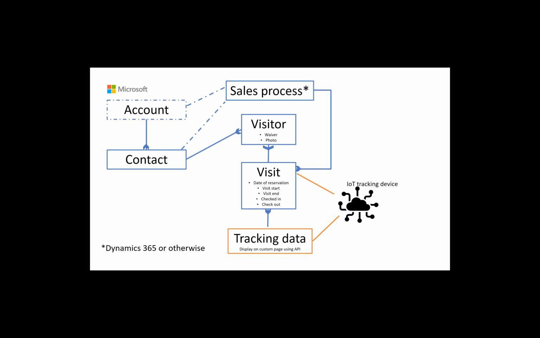And the data provided to us from the tracking device will be consumed as a custom page in a Power App via the API. This is a good area for us to try out a proof of concept, and we should be prepared to adjust this as necessary. We need more information about this particular requirement, but this is the recommendation we have at this point with the information we have available. Now, compare this data model with the one that you've drafted for the requirements and see where they differ.